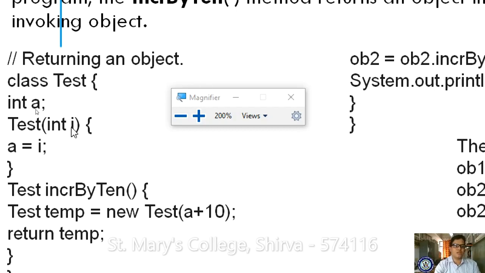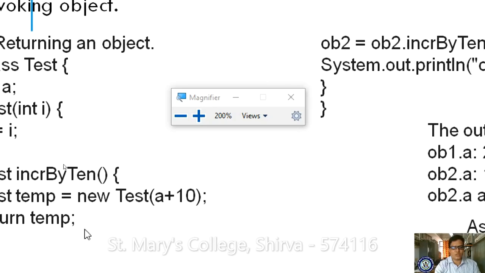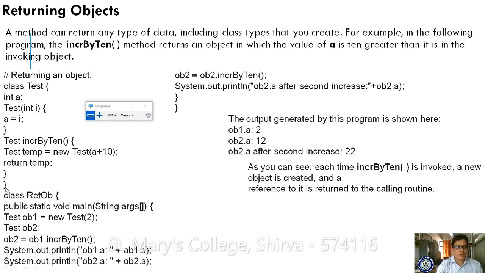It will initialize automatically and return temp. Whoever calls this method gets temp returned. Now the class Test ends.